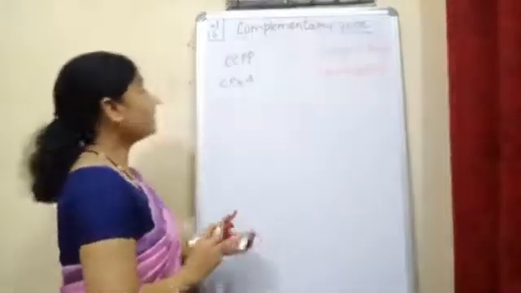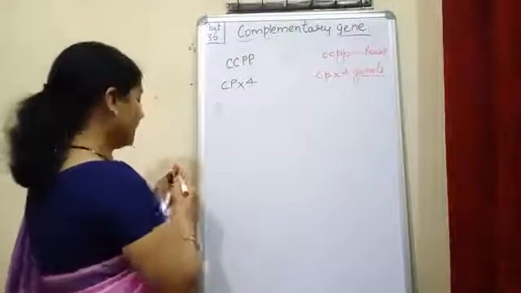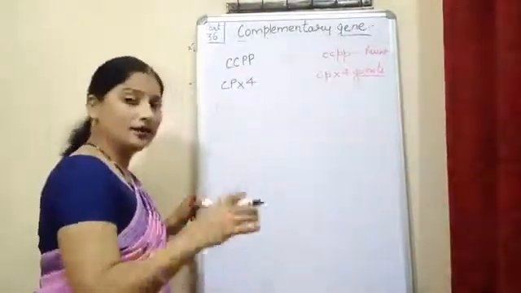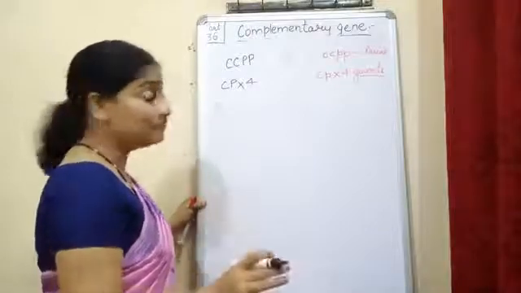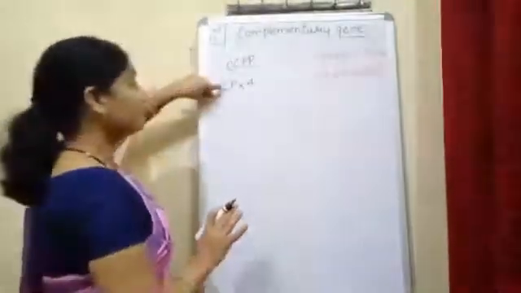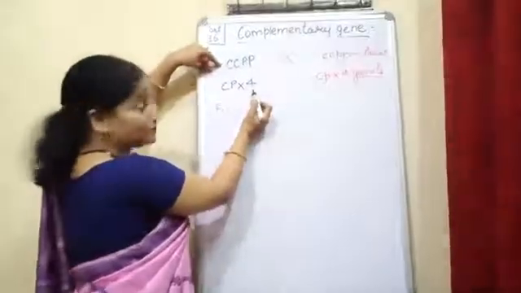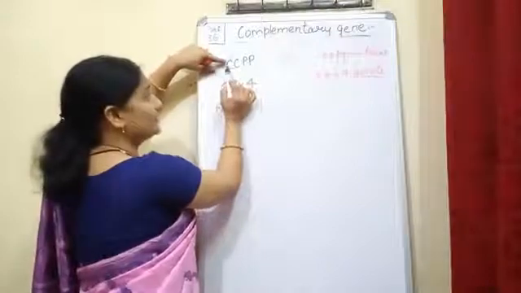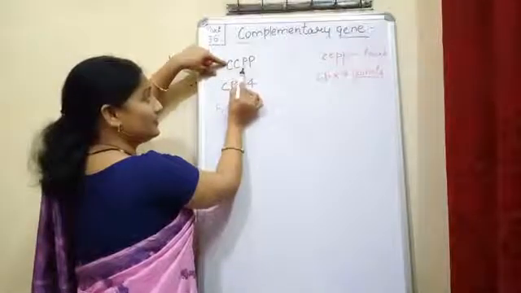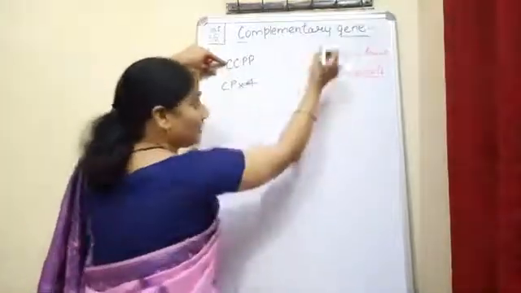Okay. Now see, what is to do? Here we will cross them. We'll make the gametes, and now the method of formation of gametes is really clear to you all. So we'll get the 4 gametes, C and P, 4 times. Okay, how 4 times C? This C with this P, this C with this P, this C with this P, and this C with this P. 4 gametes in the same way.